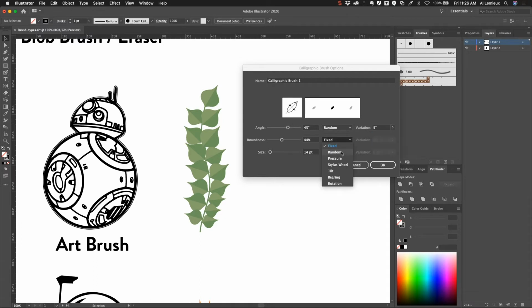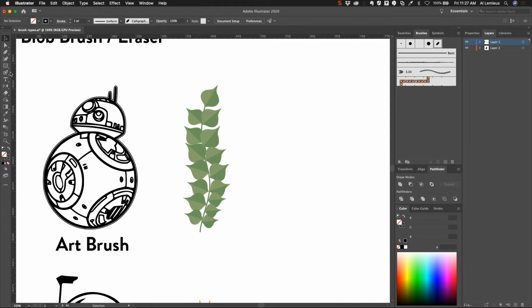Same thing with the roundness. Might want to make that roundness a little variable. And then the size right now, we can make that a little bit larger. So you see that we have some different variations here that we built into the brush. And with these brushes, you need to use the paintbrush tool, and then using that particular brush that I just created. So here's the brush that I created, and with that brush, it's going to give me this kind of